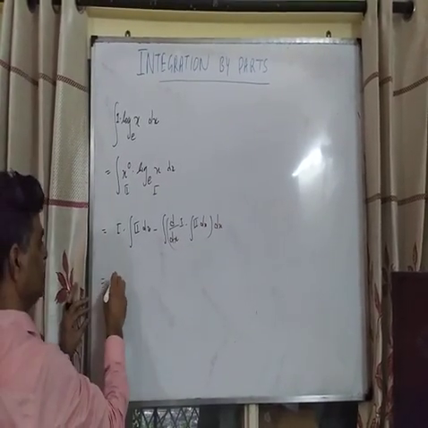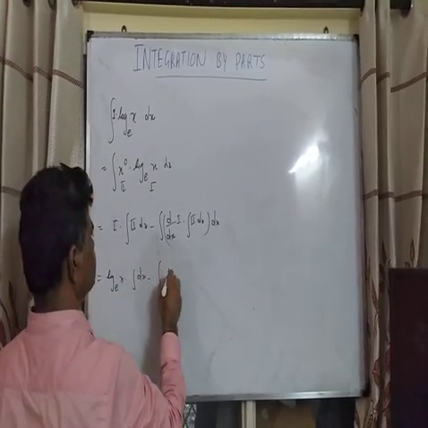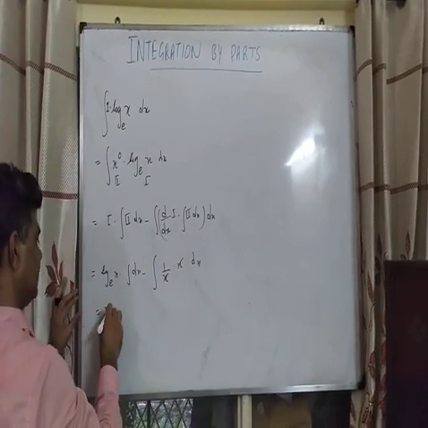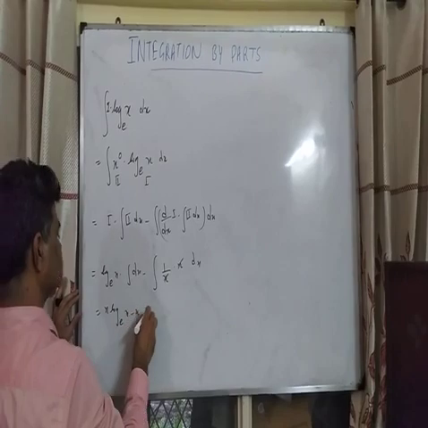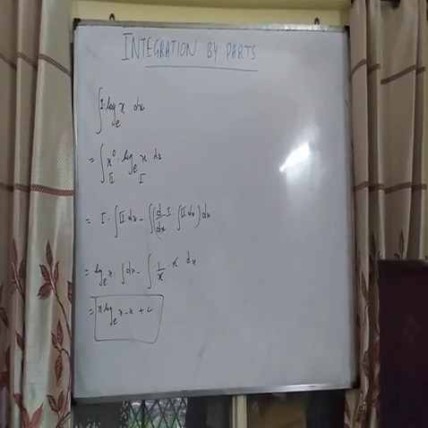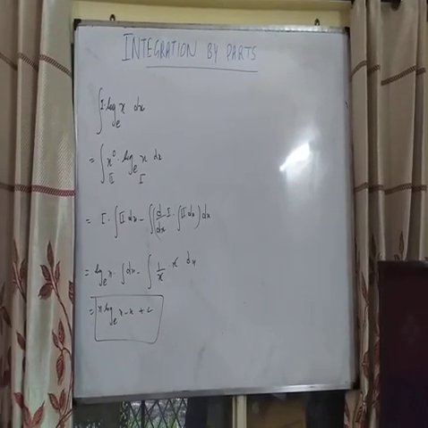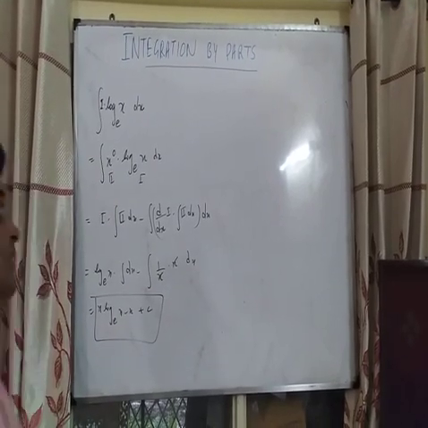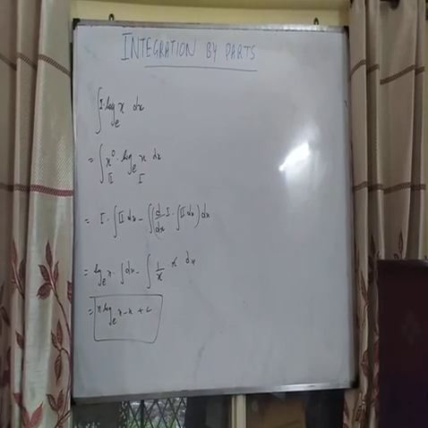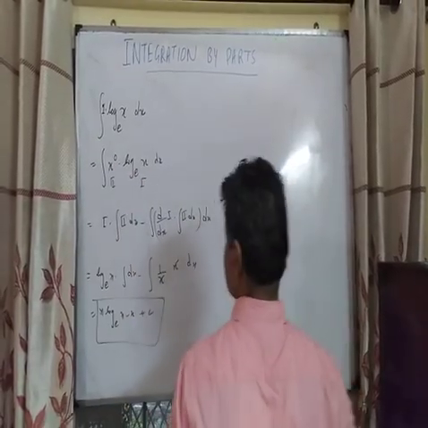So first is log x into integration of dx, minus differentiation of log x, which is 1 by x, and this is x dx. x gets cancelled. So x log x minus x plus c. So this is the required solution in this case. So you can see how we are using the integration by parts formula to solve such questions. Sometimes integration by parts is utilized twice, sometimes it is utilized thrice. So we will do a question where it is utilized twice.